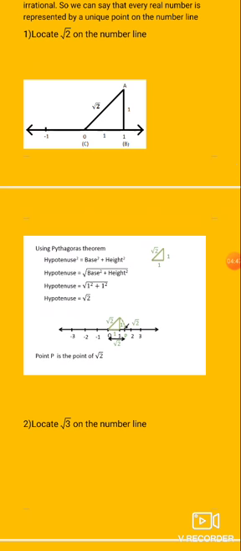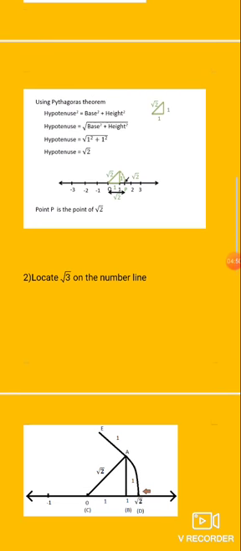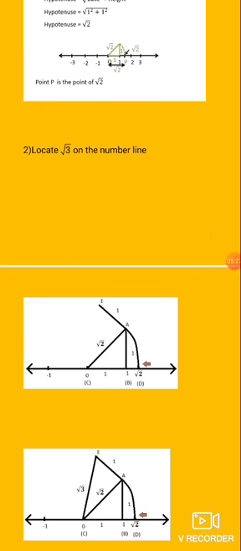Now similarly, we need to locate root 3 on the number line. To locate root 3 on the number line, first we need to locate root 2 on the number line. So listen carefully. We locate that root 2 on the number line. After that, we need to draw AE perpendicular to OA. Do you know how to draw that perpendicular line? You can use a protractor, or otherwise keep the scale touching the line OA and draw the perpendicular line AE. Now after that we need to join O to E.